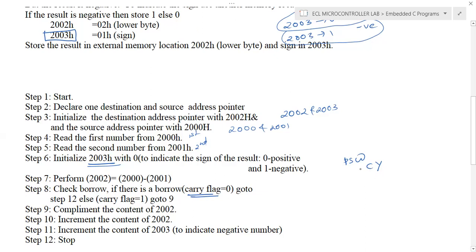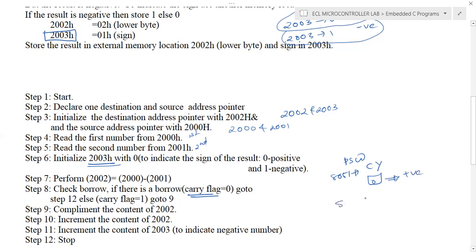If you perform the subtraction operation, and after the subtraction operation the result is positive, the carry flag will be loaded with 0. Okay. So it's very important. In 8051, don't confuse with the normal 2's complement operation. After subtraction operation in 8051, if the carry flag in PSW register is 0, it means the result is positive.